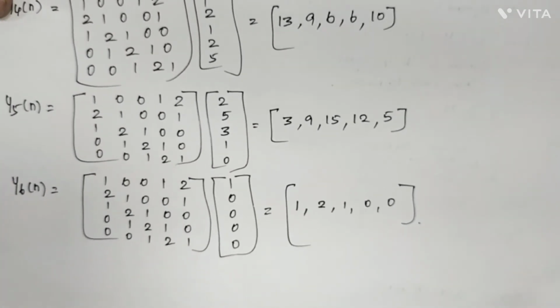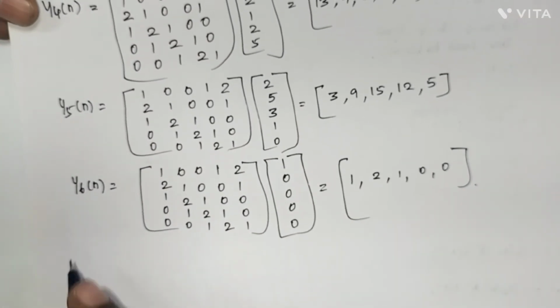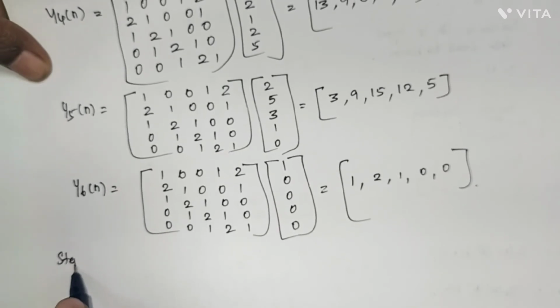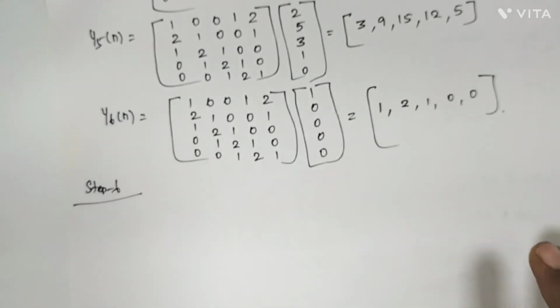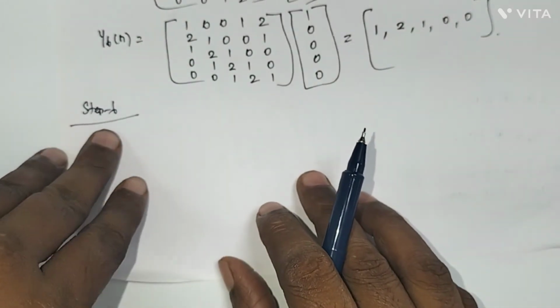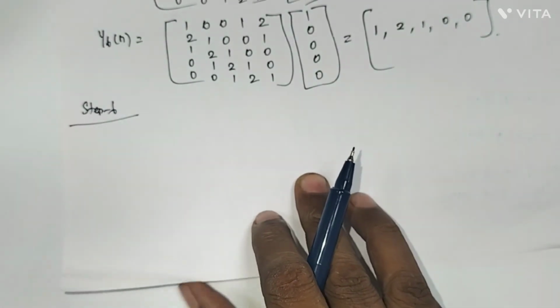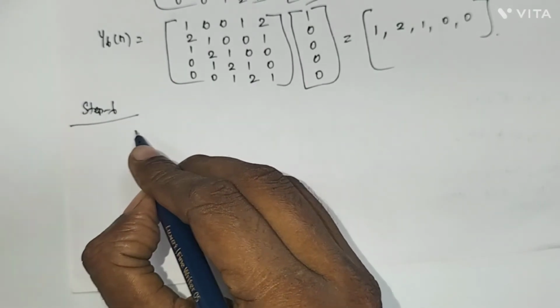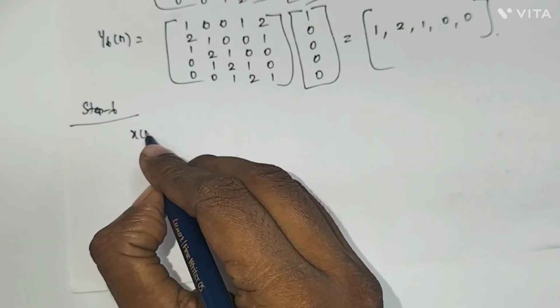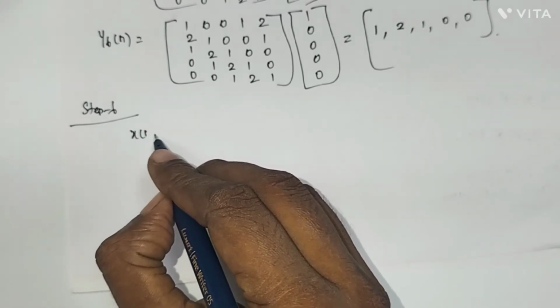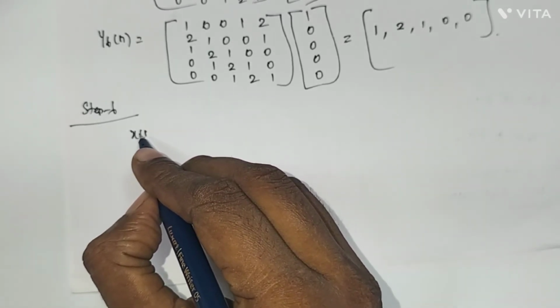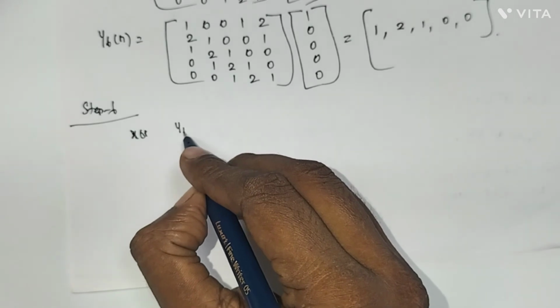That is step 6: you have to combine the output of all the sub-blocks. So you have to combine all the outputs of the sub-blocks, that is the x of n. You have to discard the m minus 1 terms in the output sequence, so you have to write it as y of n. So you have to write all the values. Y of n is